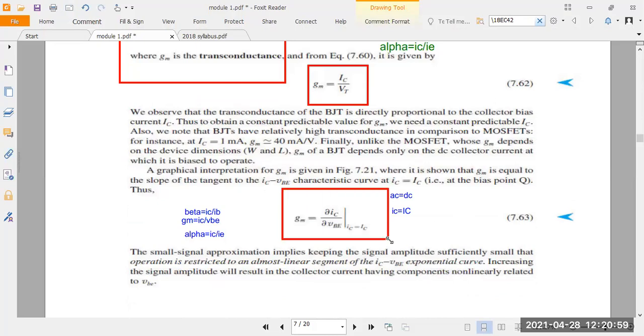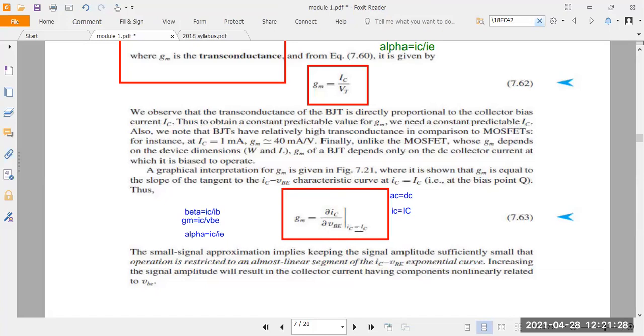gm is equal to delta IC divided by delta VB. Okay, so delta is nothing but what here? Change in the current, change in the input voltage, that gives the change in the current. Here they have taken the total input voltage, because here they have written small v and capital VB, right? It means it's the total base-emitter voltage when